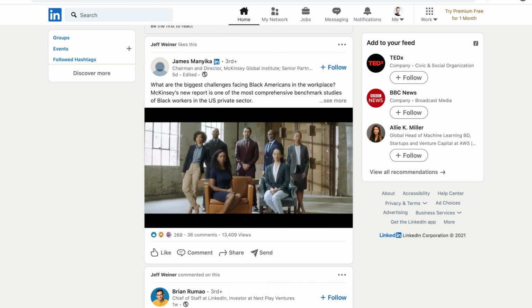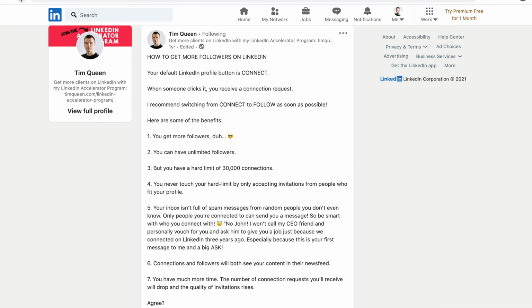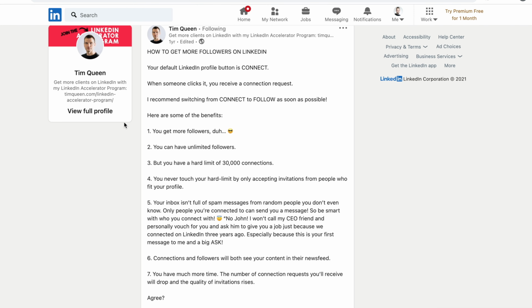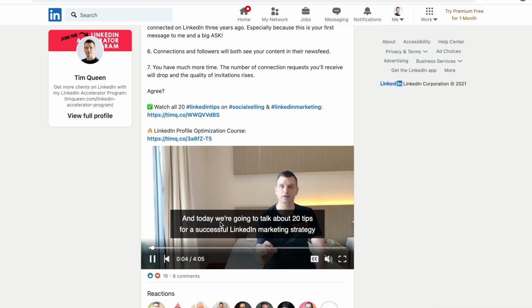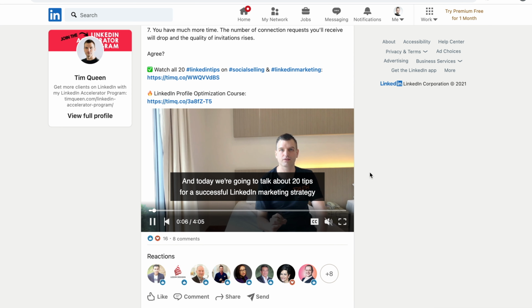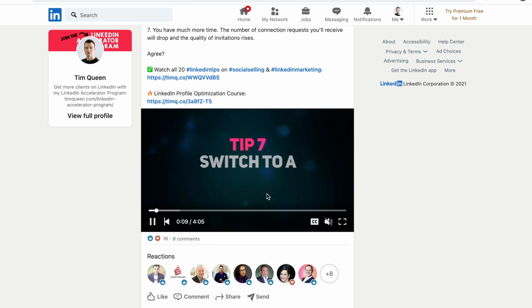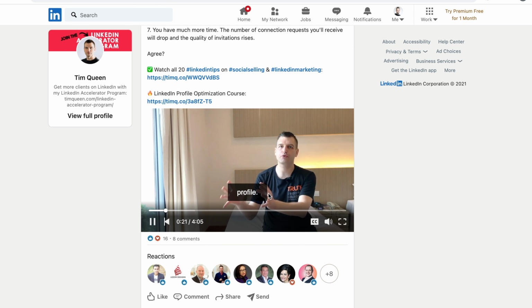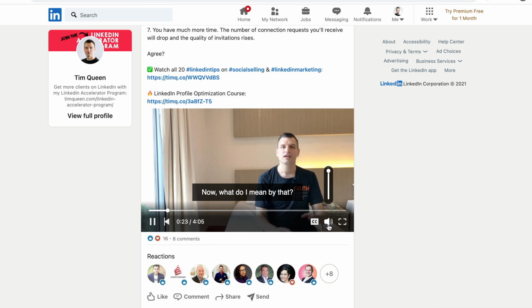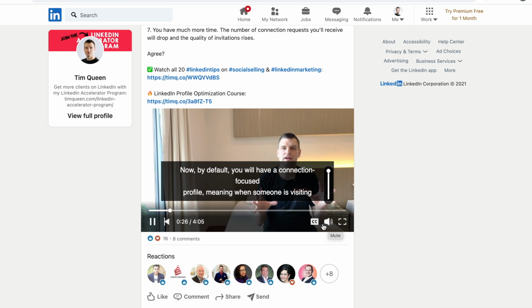Now to show you an example, we're going to open one of my posts and we're going to reload this page, and then we're going to see what's happening. As you can see, there was a first frame and there is text on the screen. I'm just scrolling down and it automatically starts playing and you can read along. I also have overlays so you can quickly understand what I'm talking about right now, chunking this into small sections. And even if you don't have any audio, you can read along and see if this could be interesting. And then when you feel like, yeah, I definitely want to hear this, then you just switch on the audio volume. You unmute this.